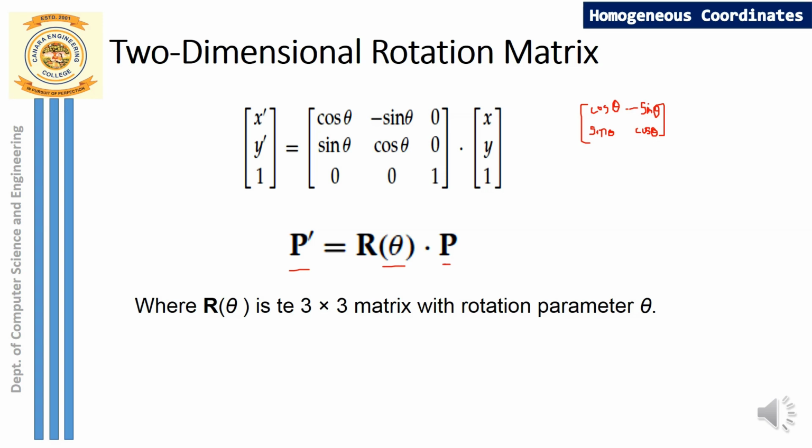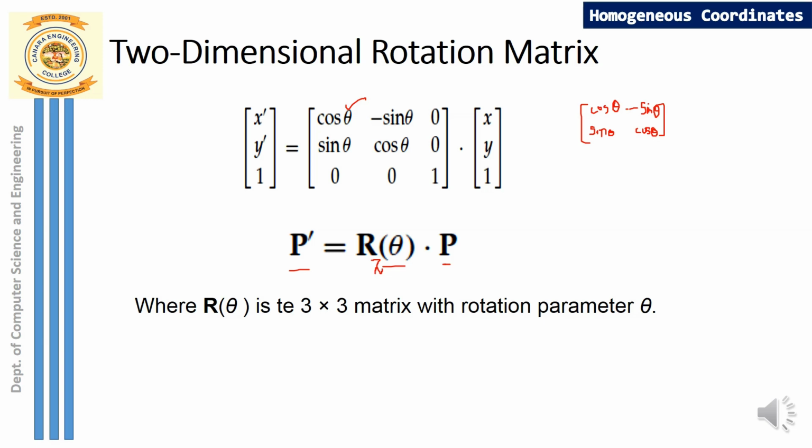So what is that matrix? It's a rotation matrix this time, and it's not an identity matrix like how we had in translation. So what is a rotation matrix? Same thing: cos theta, minus sin theta, whereas the third element is 0, then sin theta, cos theta, then again the third element is 0, and the last row is again untouched, that means it's along z. So in other words, you can write this as rotation along z axis.